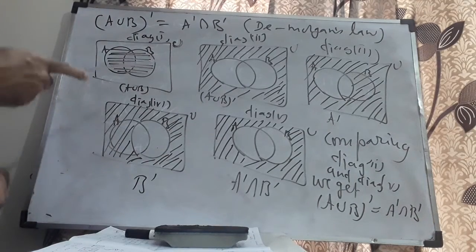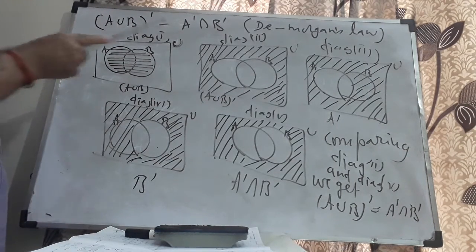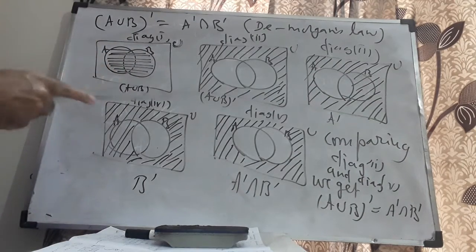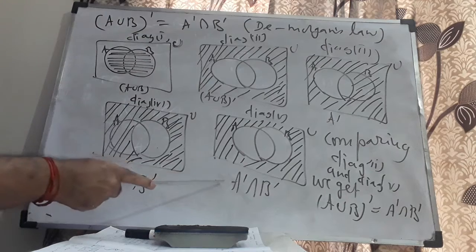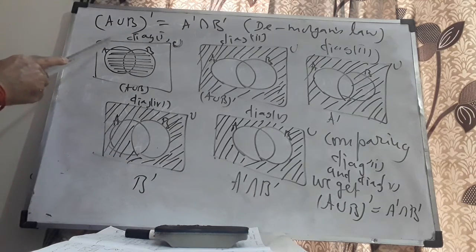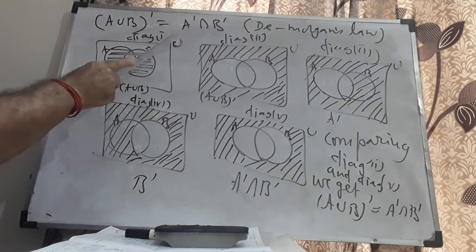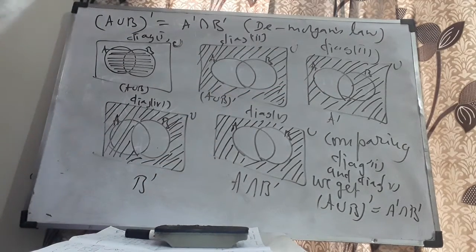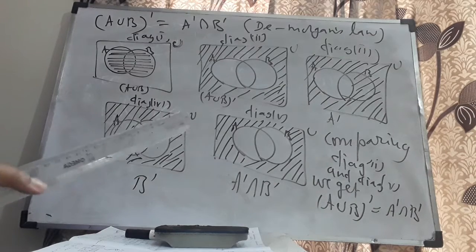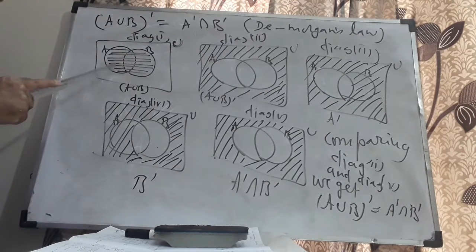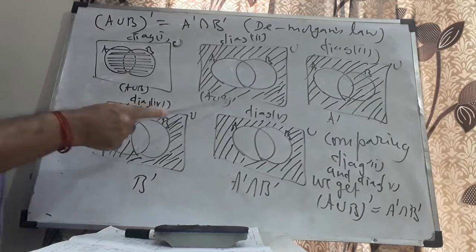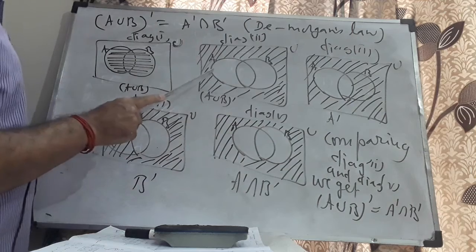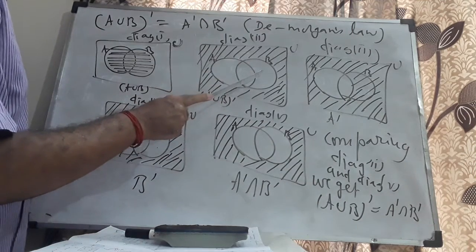Let me explain. I need to prove (A union B)' equals A' intersection B' using a Venn diagram. I'll take 5 different diagrams. In diagram 1, I'll mark A, B, and the universal set, in the same order in all the cases. Otherwise, it won't be meaningful. The first diagram shows A union B, shading both the circles. The second diagram shows (A union B)', shading everything other than the 2 circles, all the elements in U other than A union B.